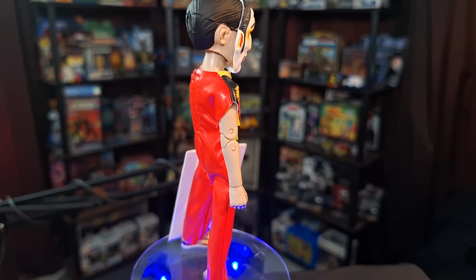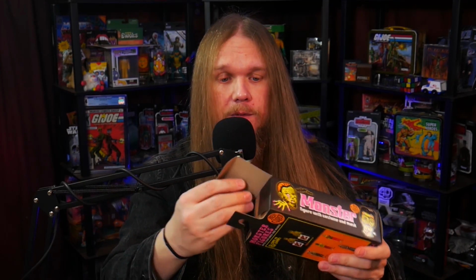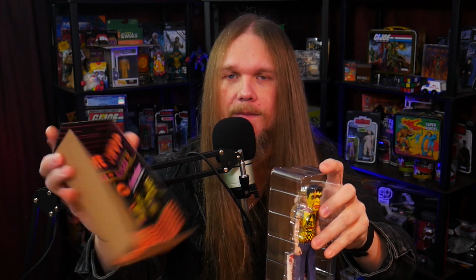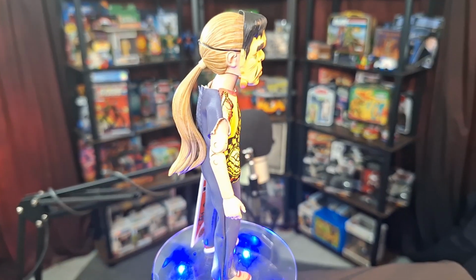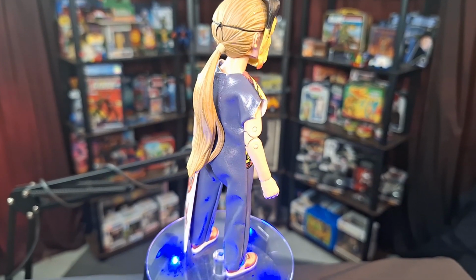So far, so good. Last but not least, we have another favorite of mine, and it is Frankenstein. This was another really hard to get one from Series 1. And again, same kind of backdrop. They all have the same kind of backdrop. And there you go. There is the Frankenstein figure, although it should be noted that this Frankenstein figure is a